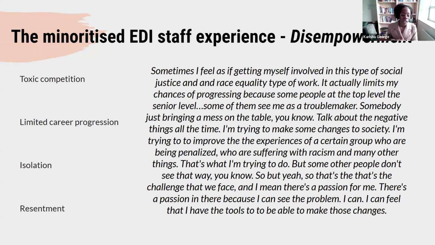And then our final quote is about disempowerment. And here, for the toxic competition, what came out for us a lot was that within EDI there's this hierarchy where certain backgrounds are seen as always able to be championed, and it's okay to champion those backgrounds. But with others, you had to be careful how you champion them. And if, for instance, you particularly championed race, you were seen as discriminating against all others, because white individuals can be involved in those others, but white individuals feel like they can't be involved in race. So race in particular was seen as the lower end of that EDI hierarchy.